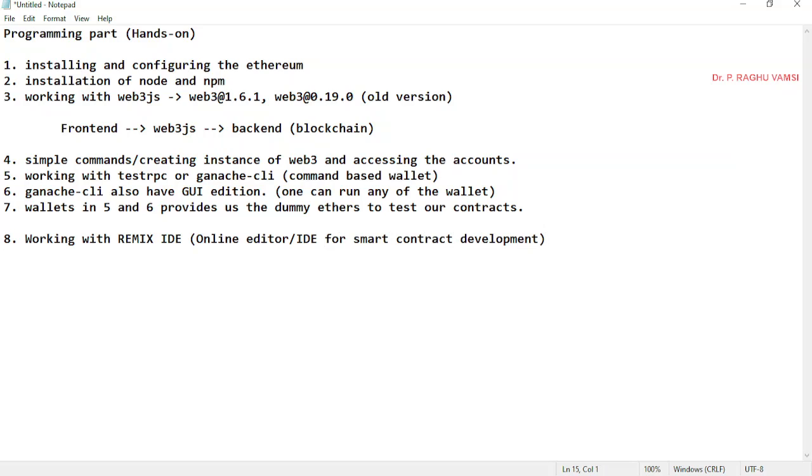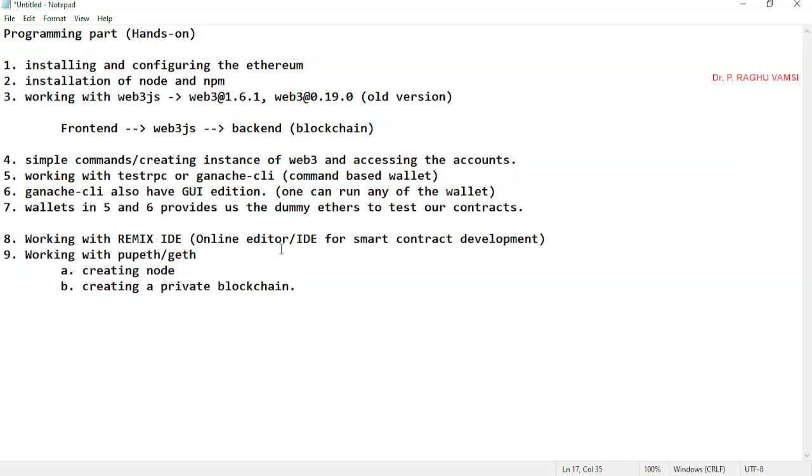Along with this, we have seen working with Pub ETH, working with ETH, and Geth for creating a node, creating a private blockchain.